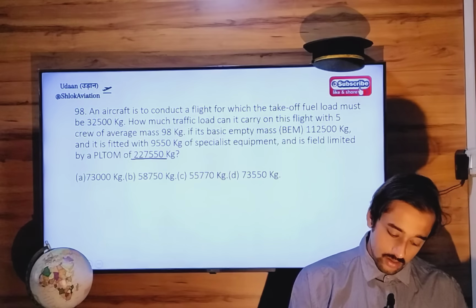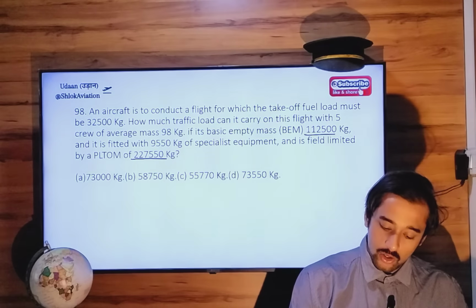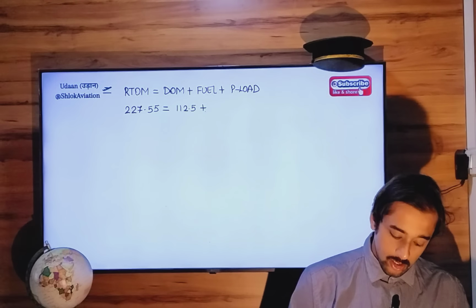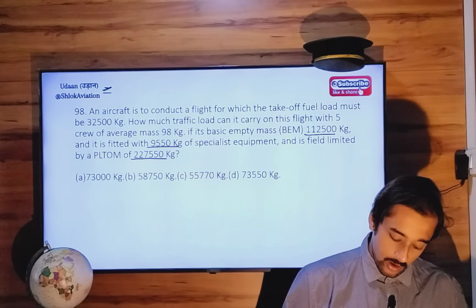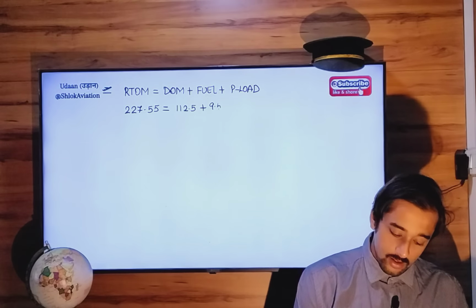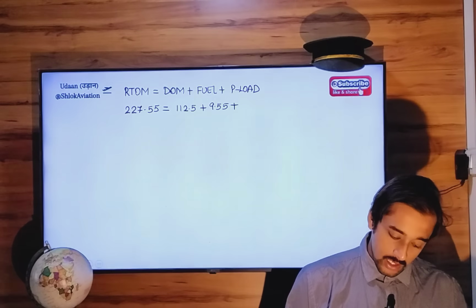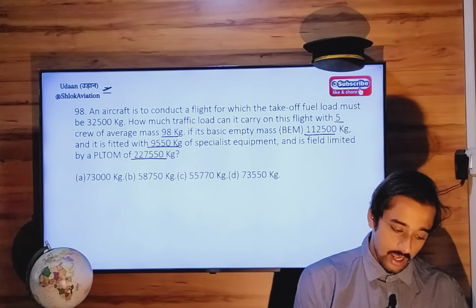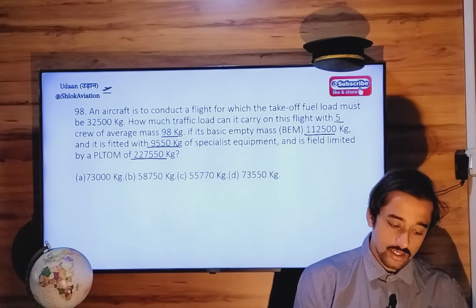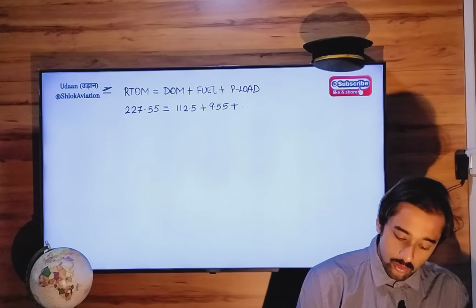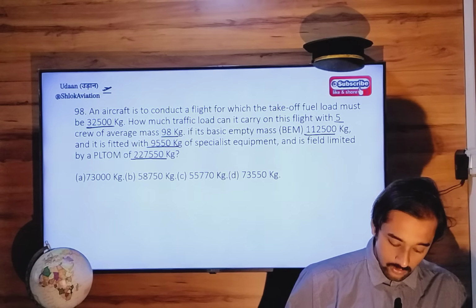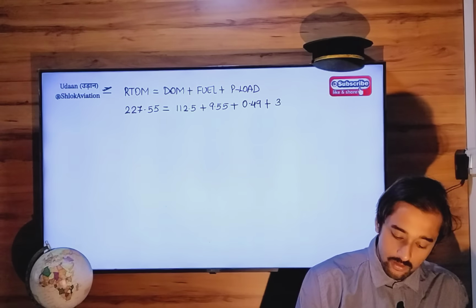DOM is basic empty mass 112.5 plus special equipment 9.55 plus crew. Now there are 5 persons each weighing 98. So 5 into 98 is 490, 0.49. Fuel on board is 32,500. So 32.5